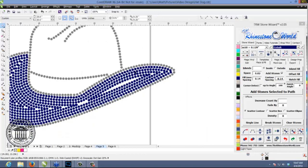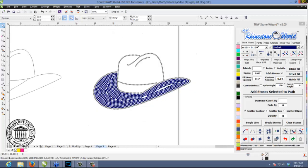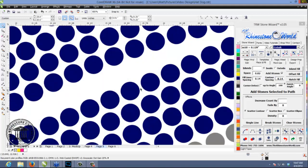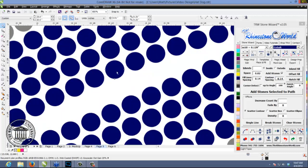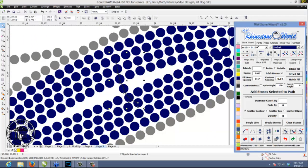And there you go. So this wasn't even a vector design at all, but when you draw that and do the island fill, you can create it so it has that. Now what we can do is also easily just add a stone there. We can click on a couple different stones, hit magic respace,